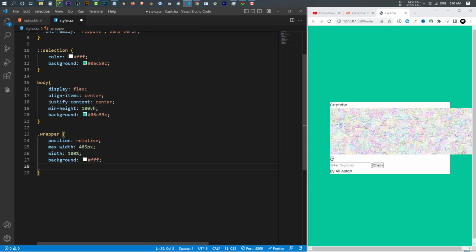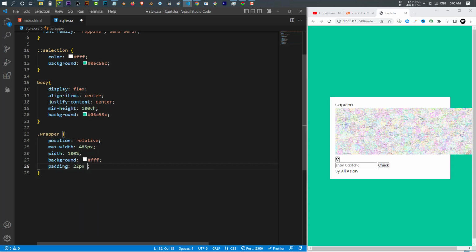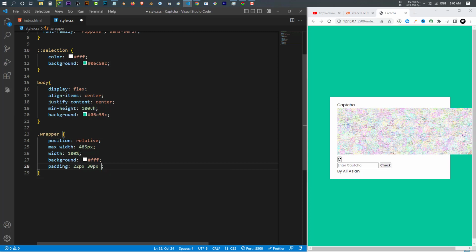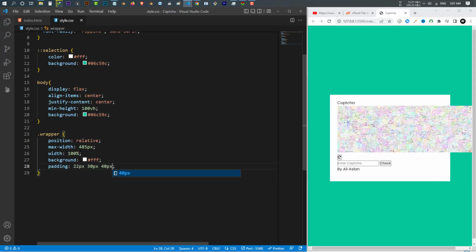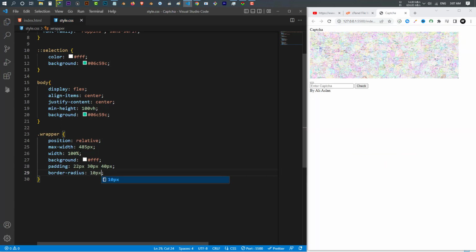Okay, let's give it some padding. I give it a padding of 22 pixel, 30 pixel, and 14 pixel. Now it looks better. I want to give it a border radius of 10 pixel,